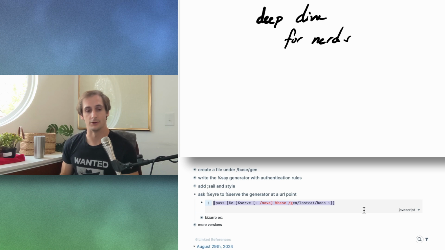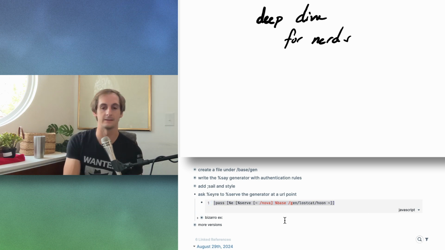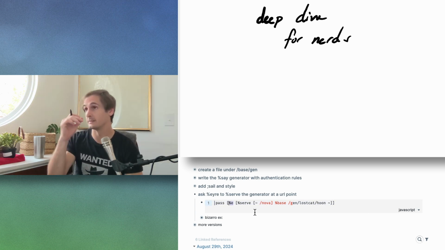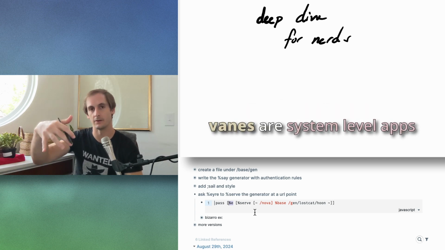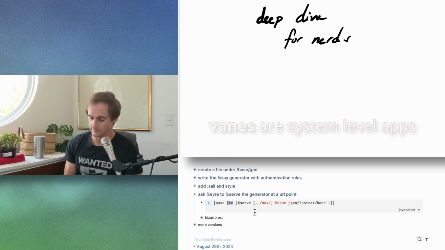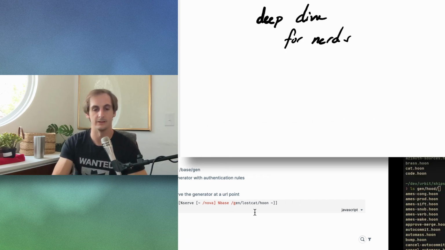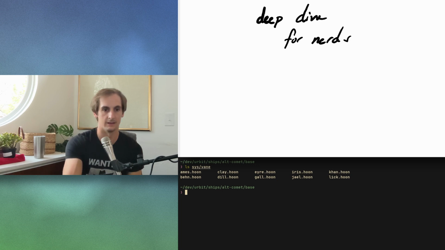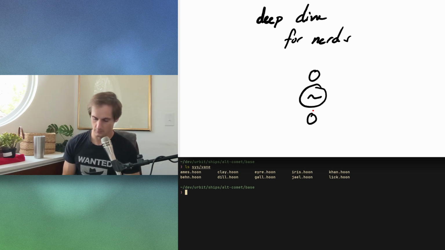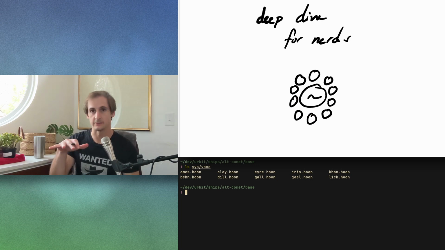Deep dive for nerds. Let's talk about this pass command here. You're basically asking to pass a card to one of what are called vanes. They're one of the deep down apps. In our case, we've messed around with, there's only so many of them. List, system, vane. There we go. These are all the vanes. Just inside your Urbit, it's surrounded by these vanes.